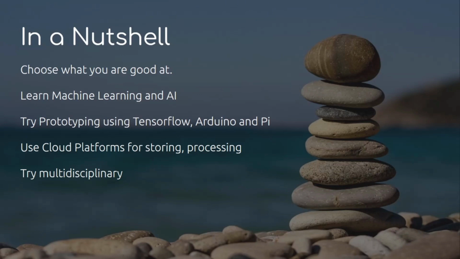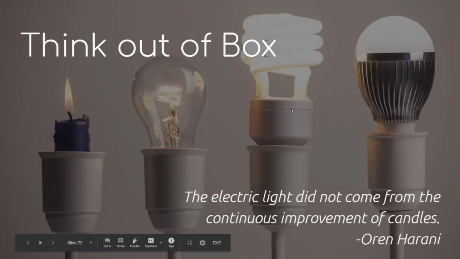One of the research papers which I studied is about trying to solve poverty using geographical data, just using satellite images. That is also possible using machine learning itself, so you can try it out. The next suggestion is to think out of the box. The natural streamlined way of handling things will not work. Don't try to improve the candle, look for an LED or CFL bulb.